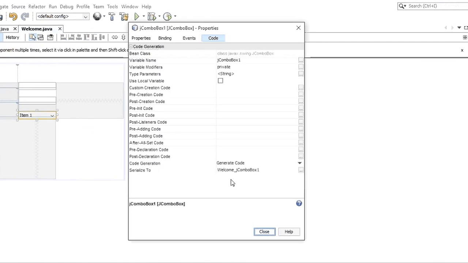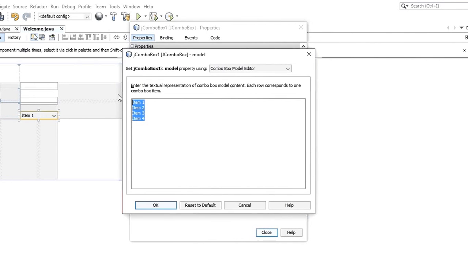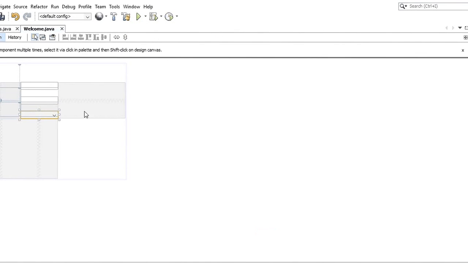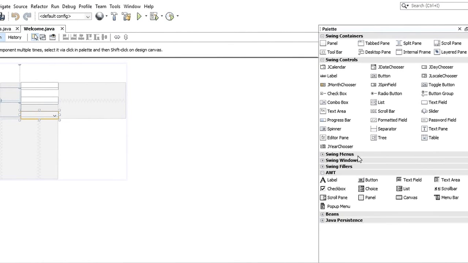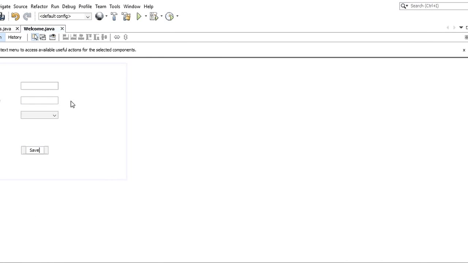And here we go to properties. Under the model you see this, and you can change them. So in the first one we'll click the space key on your keyboard and press enter. You can type whatever you want to type here. For me, I choose male and female, and I'll also add a button. You can call it save,